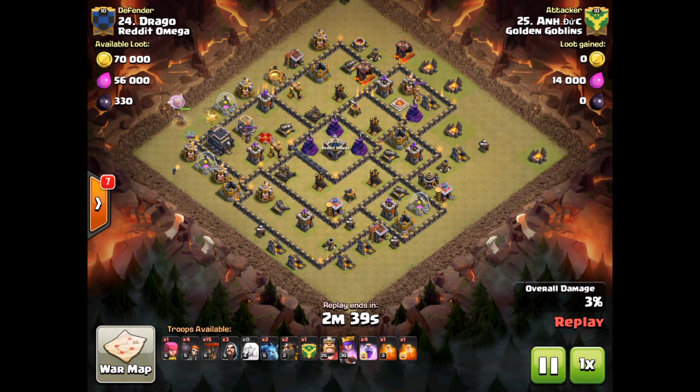Quite a lot of air used in this, with the bowlers and the Valkyries being quite strong bases. This certainly isn't neglecting air, but the bases just have changed a little bit and tend to find that air is secondary in the thought process in building them. Certainly at Town Hall 10 when the